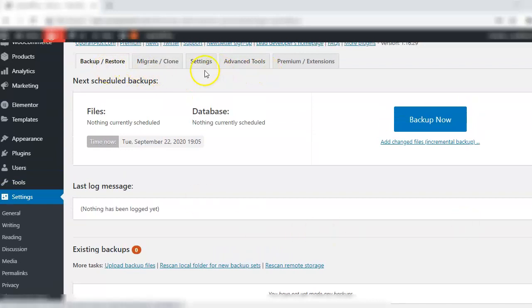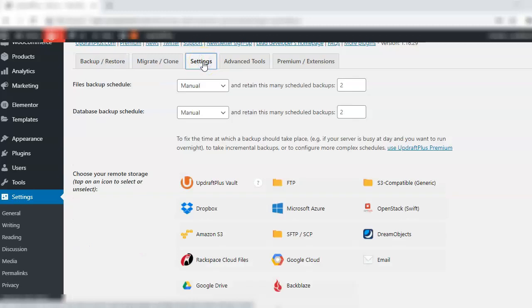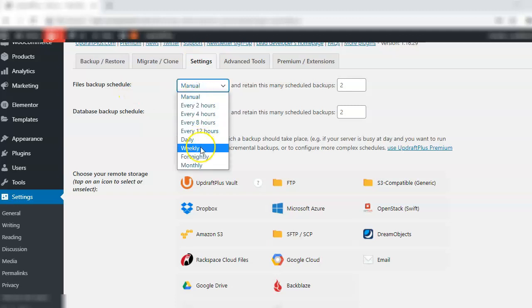Out of all these tabs, we have to go to the settings option first. Here you will find some specific settings for the backup. Scheduling. Now, files backup schedule. You want to have a weekly backup or a daily backup or every 2 hours or 4 hours. It entirely depends on the traffic on your website and the frequency that you want to maintain for the backups. We'll say weekly backup